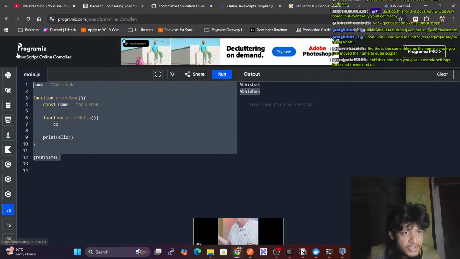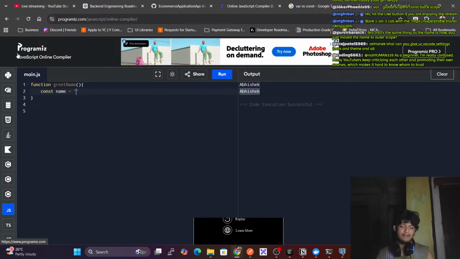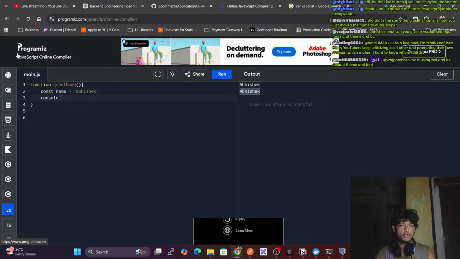Function greet name. We have this function, and here I'm calling this const name equals, for example, Abhishek, and we do console.log name, and if I call this now, greet name,